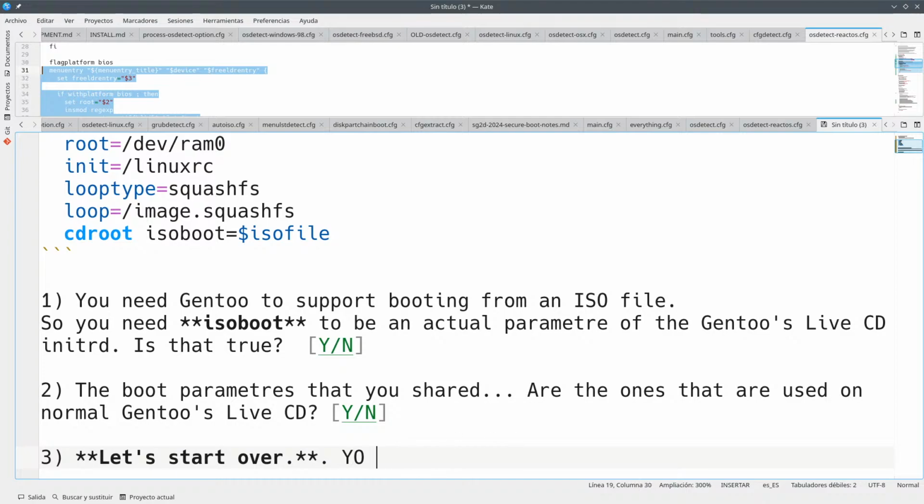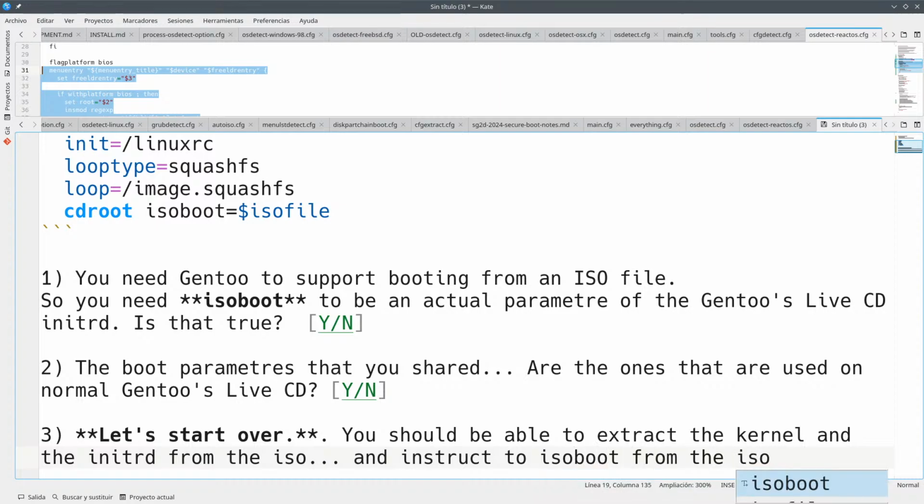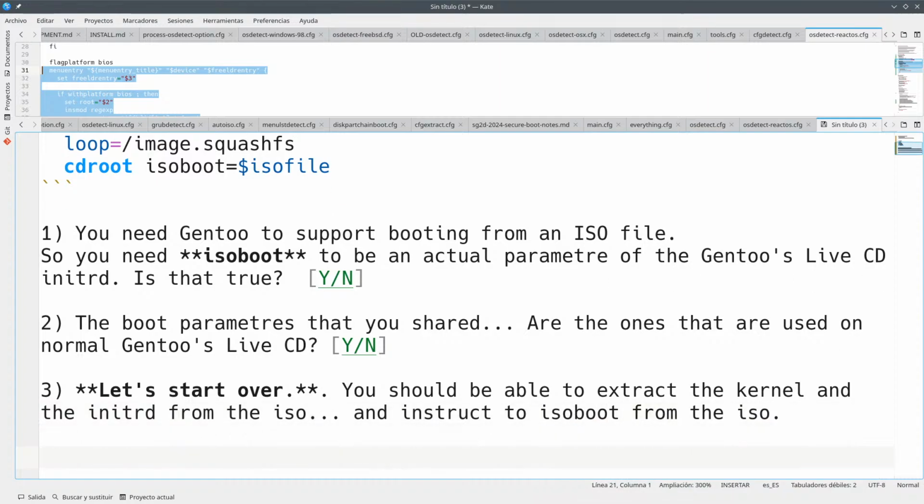So you should be able to extract the kernel and the initrd from the ISO and boot it from the ISO with isoboot. But the Gentoo Admin CD.